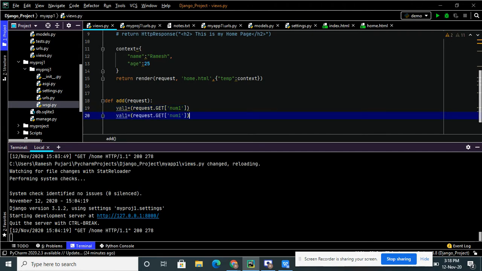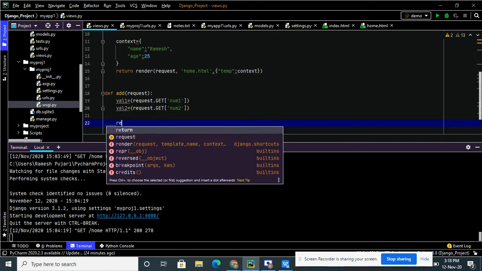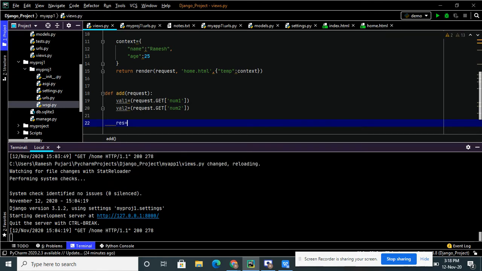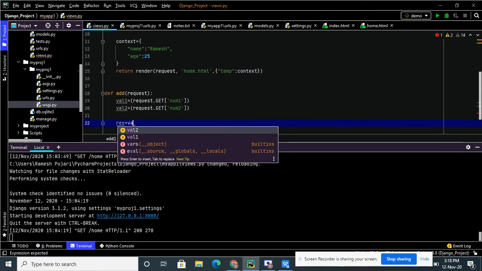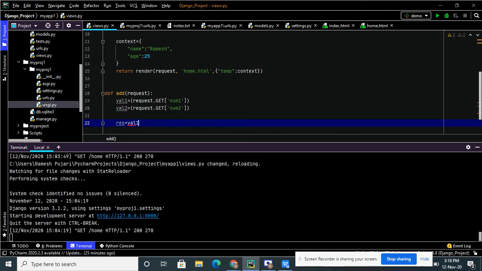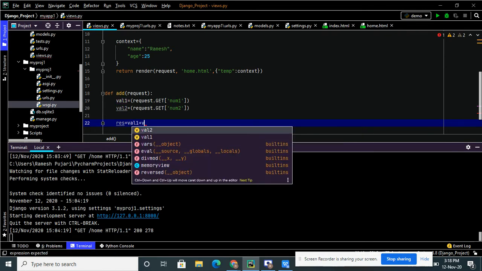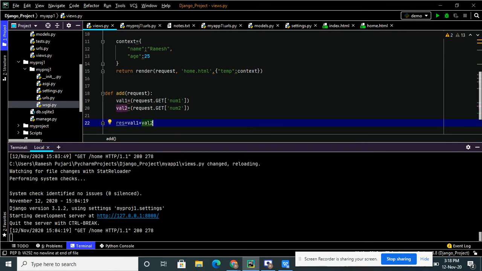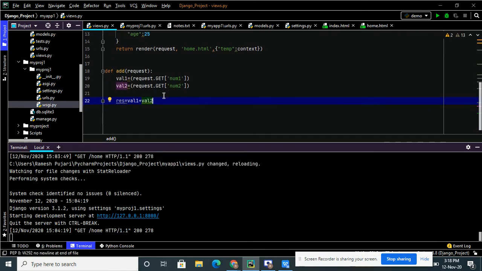I'm taking the num2 variable and changing the num2. Next I'm performing the operations. Now the result is equal to value 1 plus value 2. This is my simple operation. Now I will return